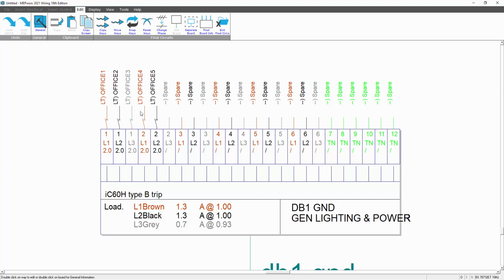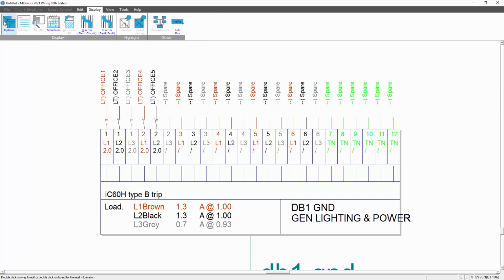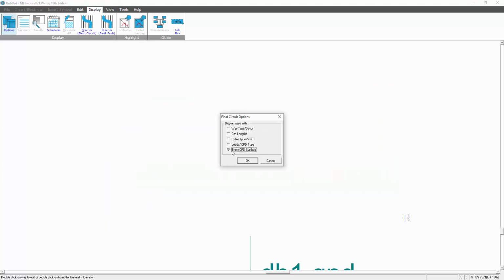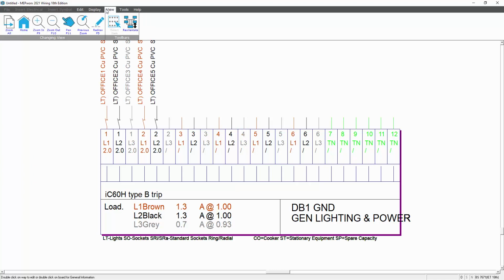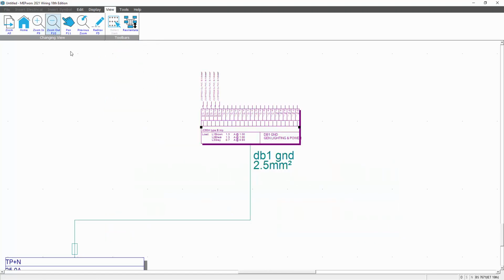There is a different type of display on here. In display options, this gives you the option to show different outputs. So I've got my CPD symbols. I might want cable type and size, loads and CPD type, four-way types and descriptions. So you can show different results. And as we zoom out, so if I go and say view, zoom out, you can see you're getting your